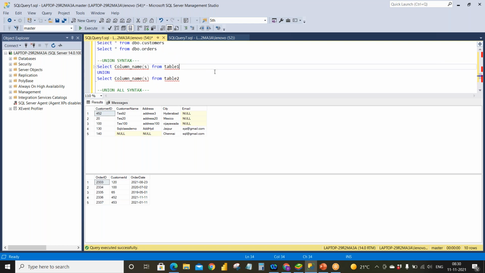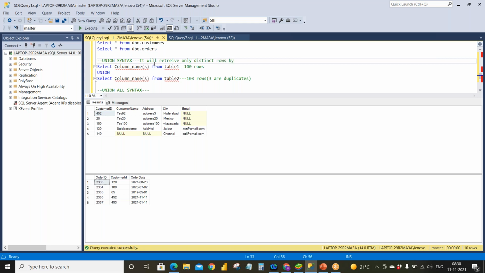Suppose in table 1 you have 100 rows, and in table 2 you have 103 rows, and 3 of them are duplicates. If you are using union, what happens? It will retrieve only distinct rows, meaning unique rows. It will eliminate the duplicates.